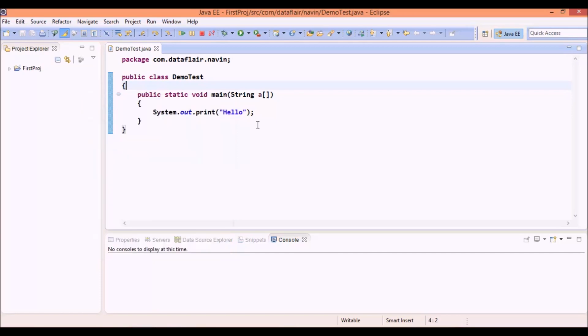Now our next task is, let's say we want to add two numbers. When you want to add two numbers, it's very simple. You can just remove this hello and simply say, let's say our two numbers are 5 and 4. So to add two numbers, we have this operator called plus. So we can simply say it is 5 plus 4,